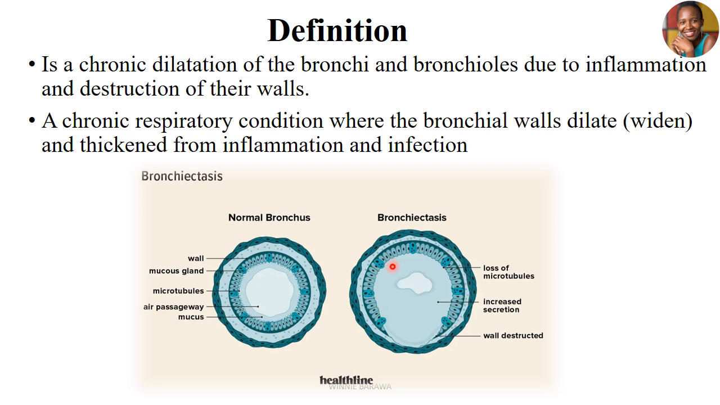So here's a good example that you can see. We have the goblet cells that are releasing mucus for us, and they're releasing a lot of mucus. So we are saying increased secretions. But the walls are also being destroyed by these infections, and because of the wall destruction, the dilatation happens. So we have widened, dilated walls, not because of inflammation, but because of the destruction of these walls. So the infection that is happening here is causing